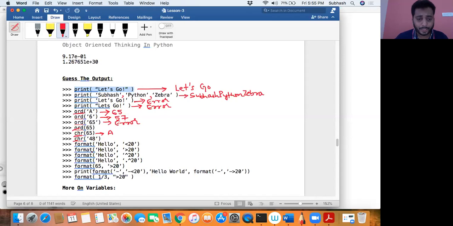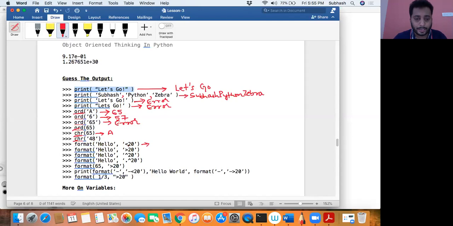Correct. Next, what happens? We have a function called format that we just discussed with floating point numbers, to represent them and to control their decimal places. Now we are using format to work on strings. So what is this? It has two parts within single quotes. Hello is a string, and then we have less than 20. What does it say?